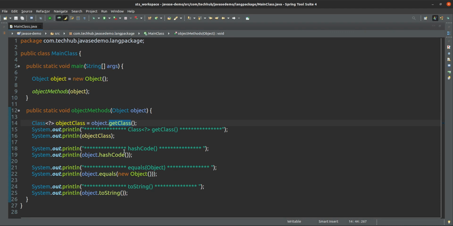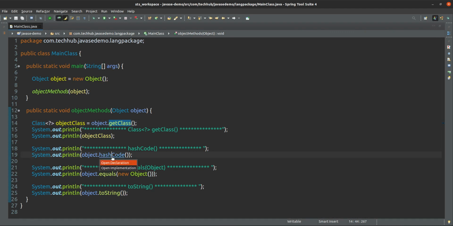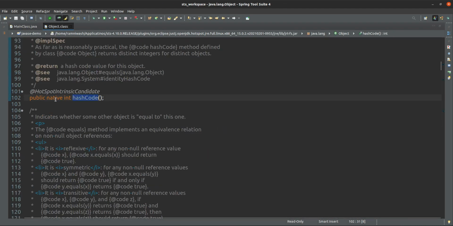And the other method, hashCode, if we see, is also native. Hashcode is assigned by your JVM, because your JVM is the one creating the object. We are writing statements, but by executing them the statements are executed by the JVM only. So your JVM is creating the object and assigning some hash code. That's why it is native. You can get that hash code, but you cannot set it.